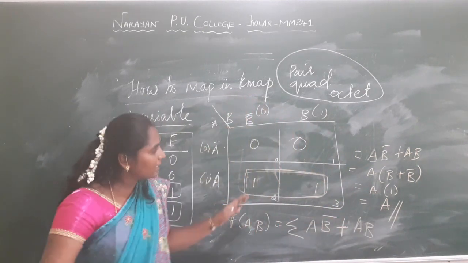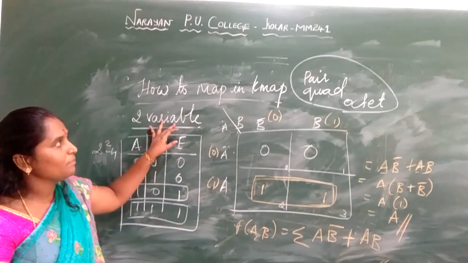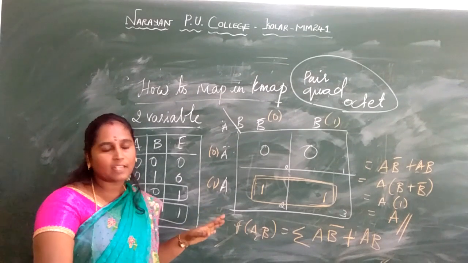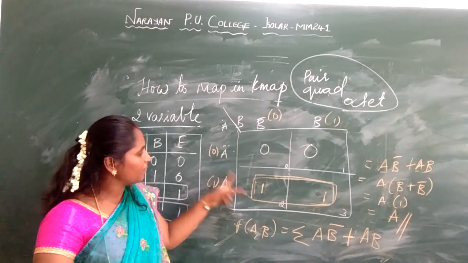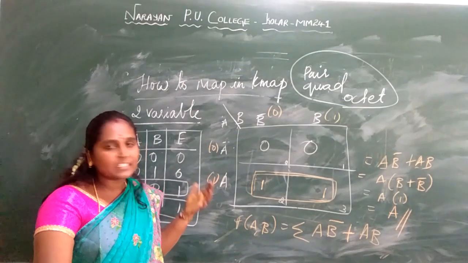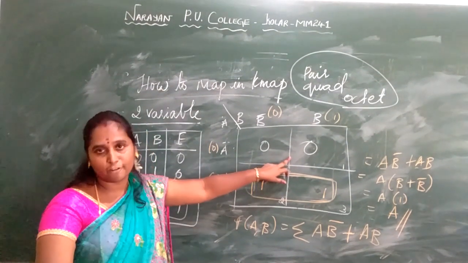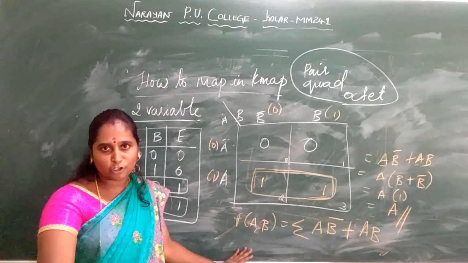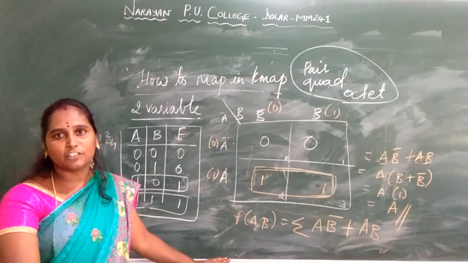Today's class we have seen two variable mapping using a K-map. In the next class or section we'll see, since in two variable mapping only one possible set of values was given, other possible mappings of pairs or quads. Today's class I'll stop here. Tomorrow's class I'll continue. Thank you.